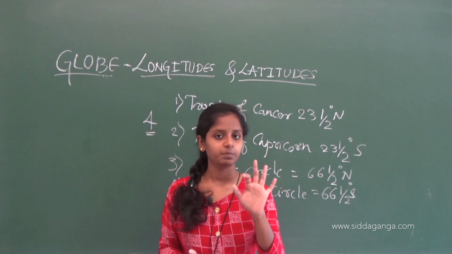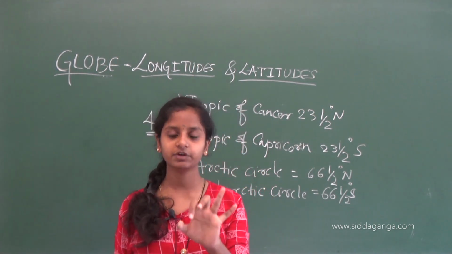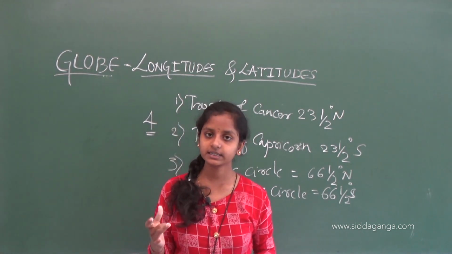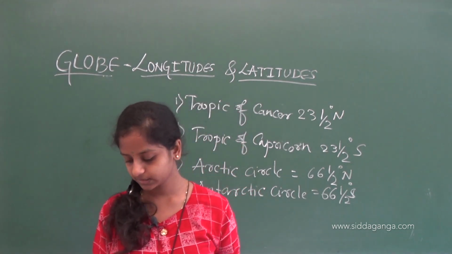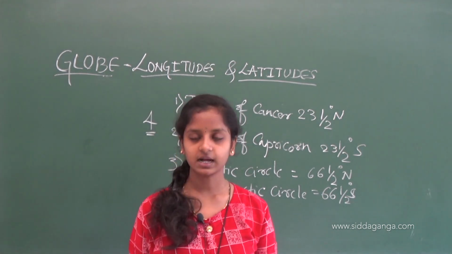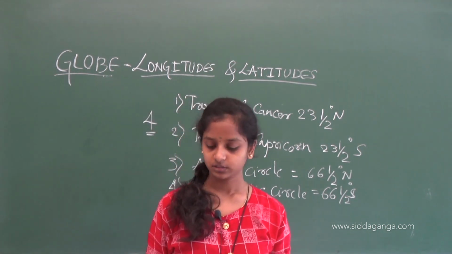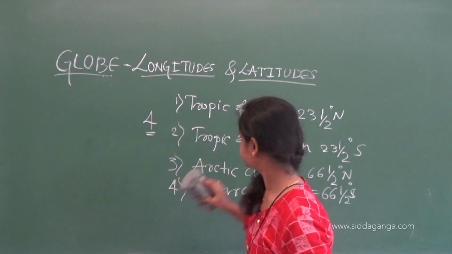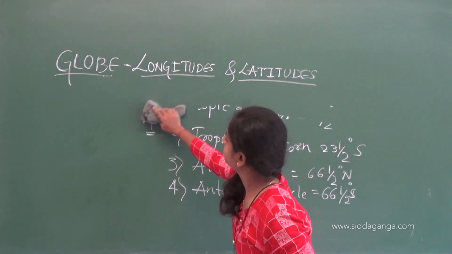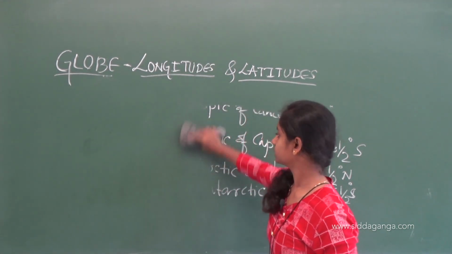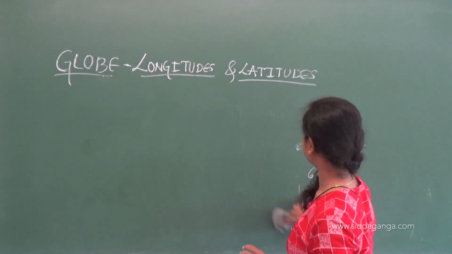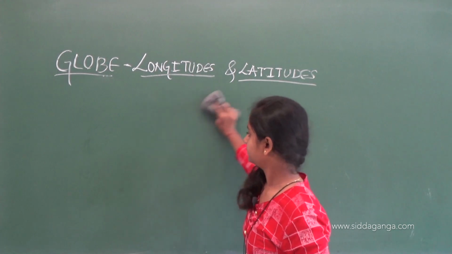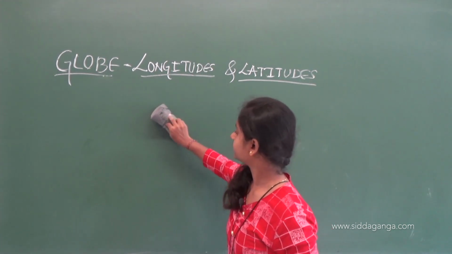So there are 7 major important latitudes. They are both the poles, the equator, the Tropic of Cancer, Tropic of Capricorn, Arctic Circle and the Antarctic Circle. So these are the 7 major latitudes. Okay. Now we'll see the other topic, that is